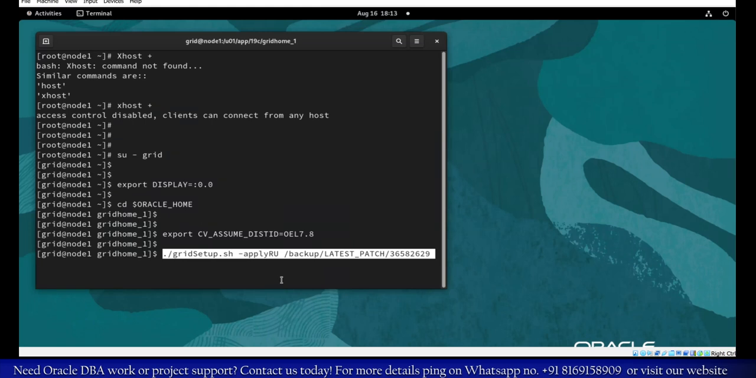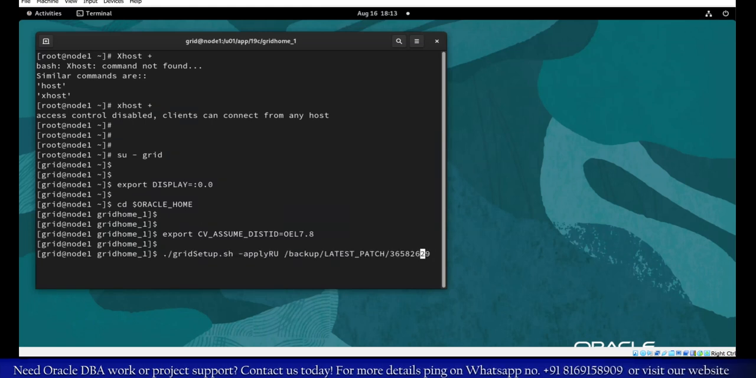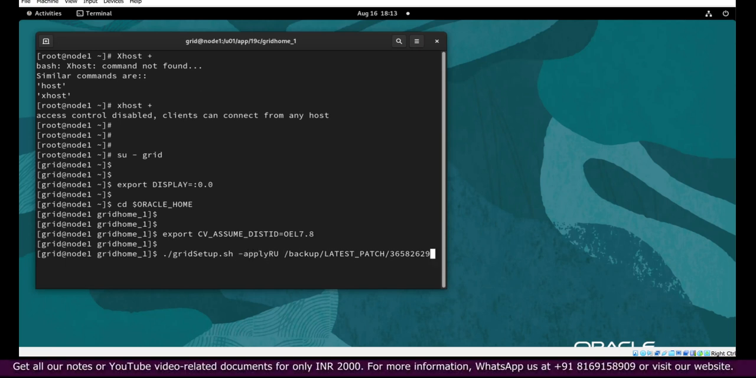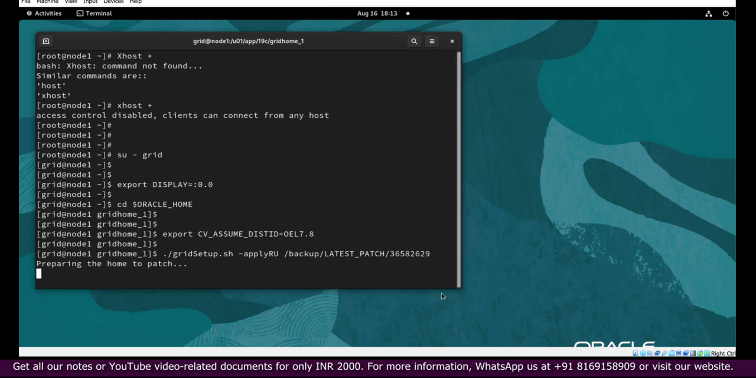While you are running this command, you are also running the applyRU method. With this, what will happen? The latest patch will get applied with the help of the applyRU method. And this is the latest patch that will get applied. While the patch is getting applied,